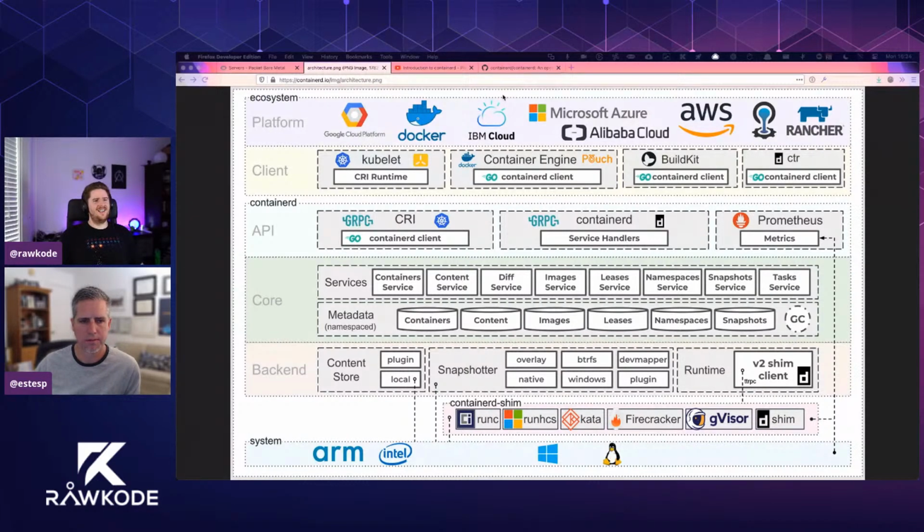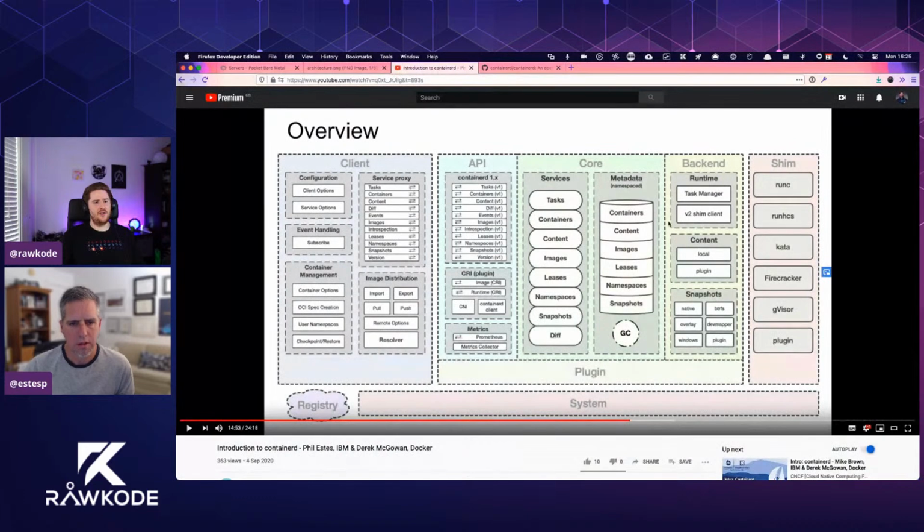All right, got it. So there was a talk you gave at KubeCon a couple of weeks ago, and there was a slightly different version of the architecture diagram. Is there anything here we should cover?